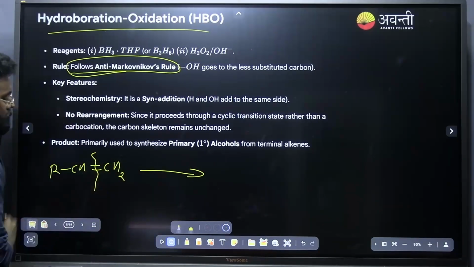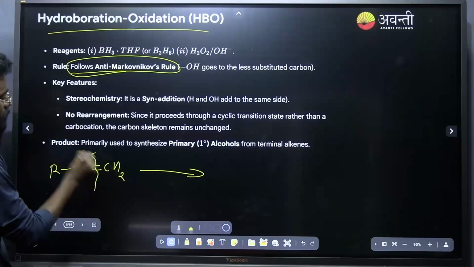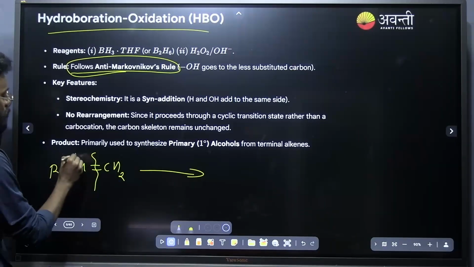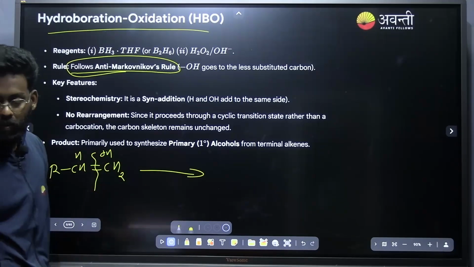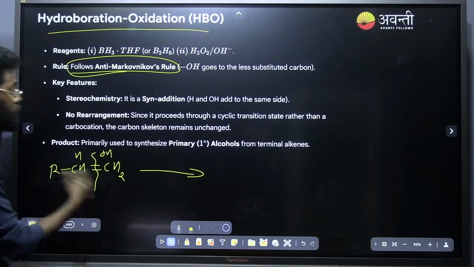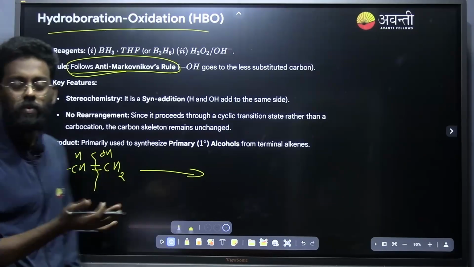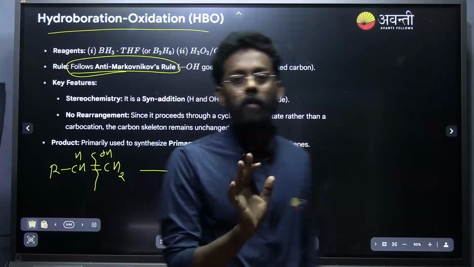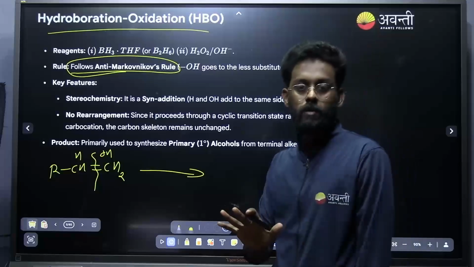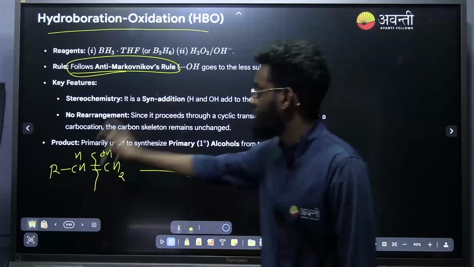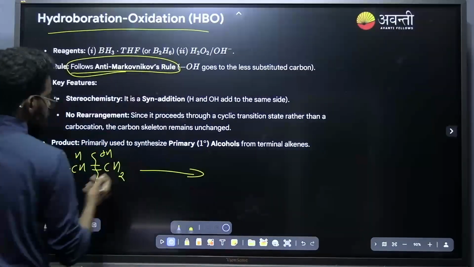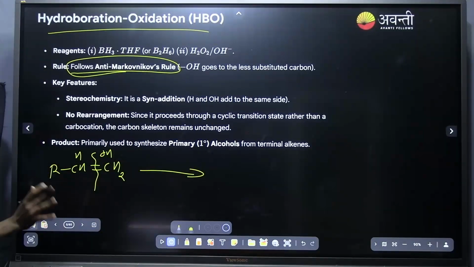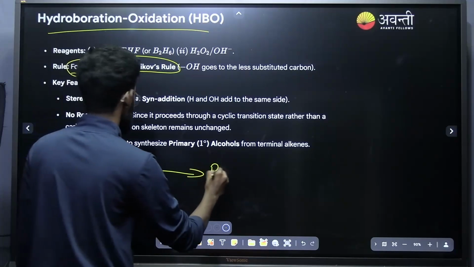Just add hydrogen to that carbon where there is lesser number of hydrogen, and OH will be adding to that carbon where there is more number of hydrogen. That is the Markovnikov rule. In Markovnikov rule, you need not worry about carbocation rearrangement. Just add hydrogen to that carbon where there is lesser number of hydrogen, and OH to that carbon where there is more number of hydrogen. That's the only point. And resulting what we will get are